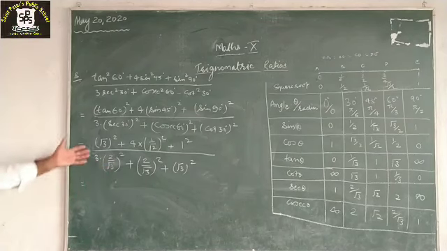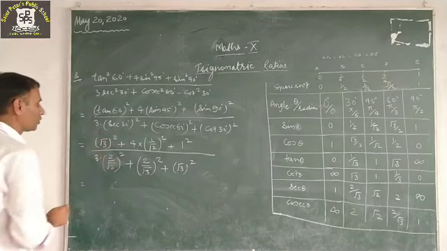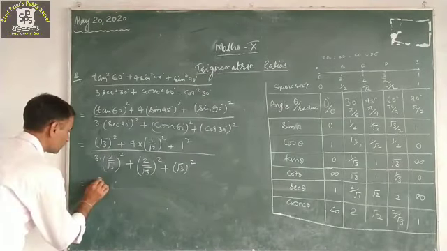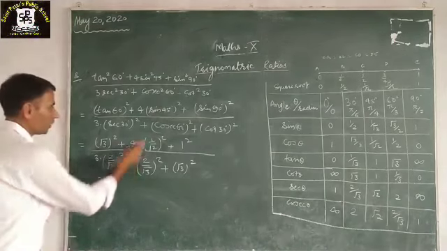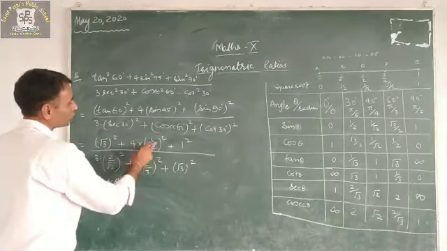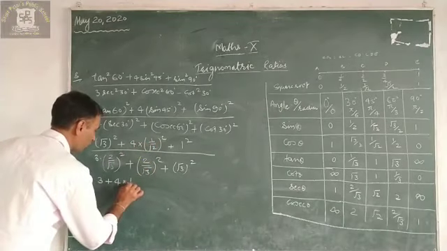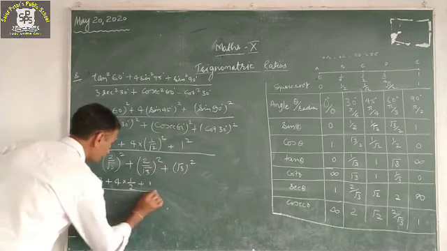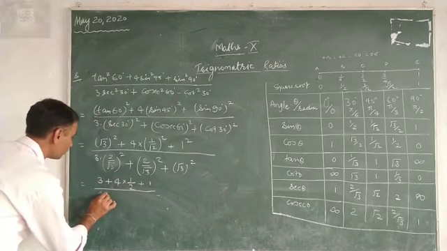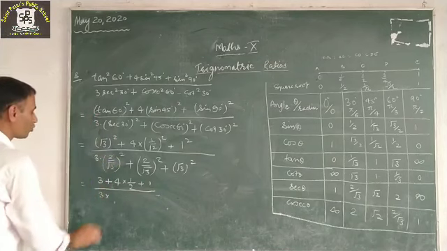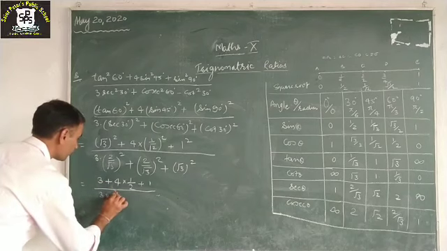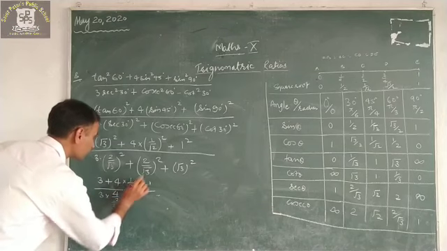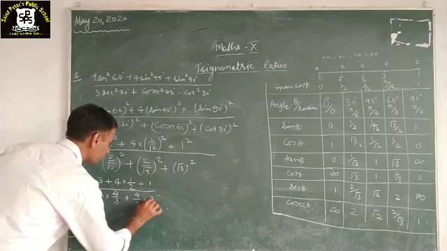In the next step, now calculate this. The square of root 3 will be what? Root 3 multiplied by root 3, we get 3, plus 4 into, if 1 upon root 2 is multiplied by itself, then we will get 1 upon 2, plus the square of 1 will be 1. In the next, 3 into the square of 2 upon root 3 will be what? 2 into 2, 4. Sorry, 2 into 2, 4. Root 3 into root 3 will be 3. Plus 4 upon 3 plus 3.